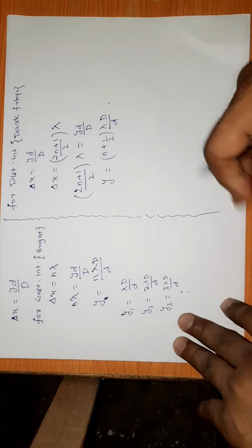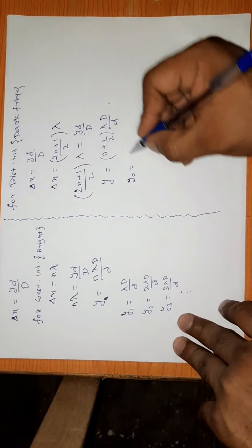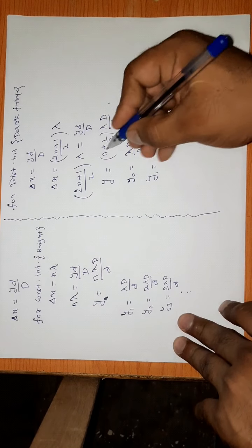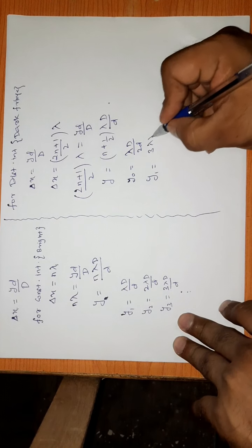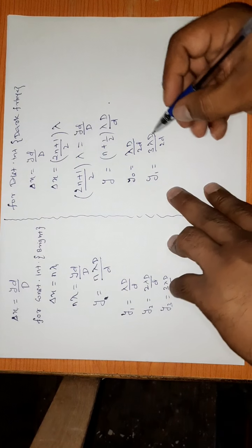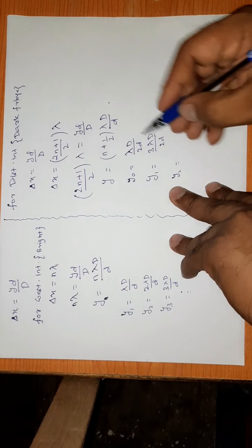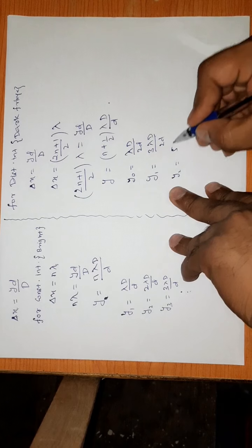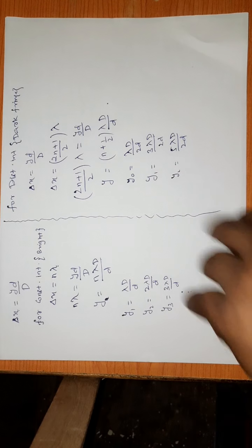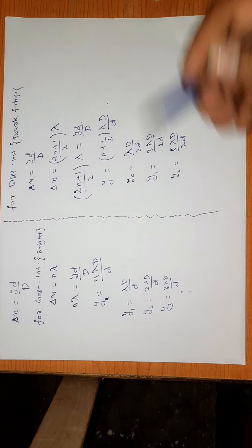Again putting the value of n equal to 1, 2, 0 and so on. So y0 is equal to how much? Lambda d upon 2d. y1 is equal to 3 lambda d upon 2d. And next one is y2, that is 5 lambda d upon 2d and so on. So it is the integral multiple of what? Half lambda. Okay? So these two things we have got.